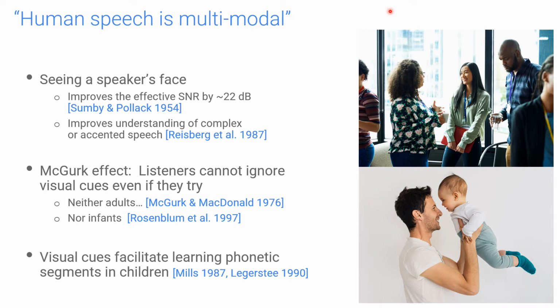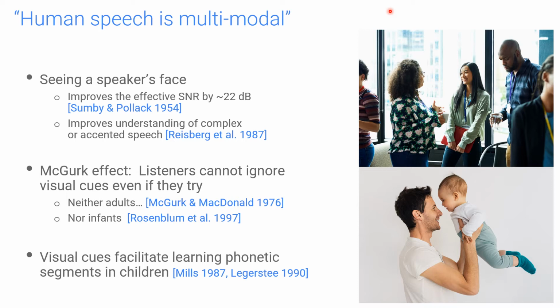First, we know that when we see a speaker's face, we can understand their speech better, effectively improving the signal to noise ratio by about 22 dB. And when we listen to complex speech or accented speech, being able to see the speaker also helps us to understand. We also know from work by McGurk and MacDonald in the 70s and follow-up work later on that the